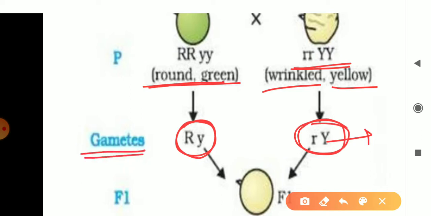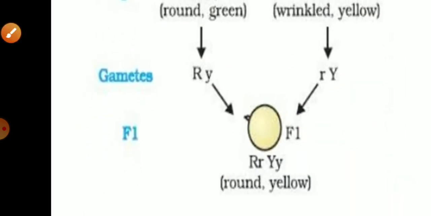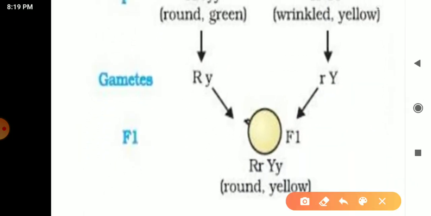Now again, as he stated in his monohybrid cross, these factors which get separated at the time of gamete formation will pair up again after fertilization. Fertilization is random, but here, since all the gametes have the same genotype, when these gametes fuse you find that for shape, when the pairing occurs, there will be a factor for round and a factor for wrinkled shape, and since round is a dominant trait, the plant will be producing round seeds.